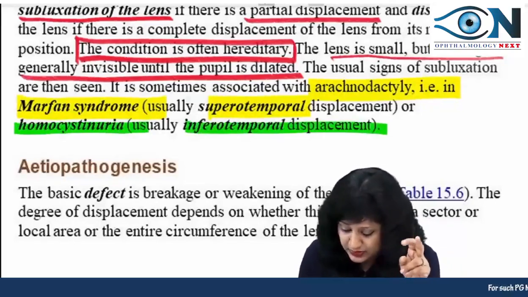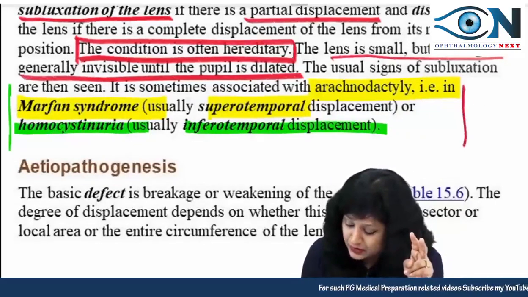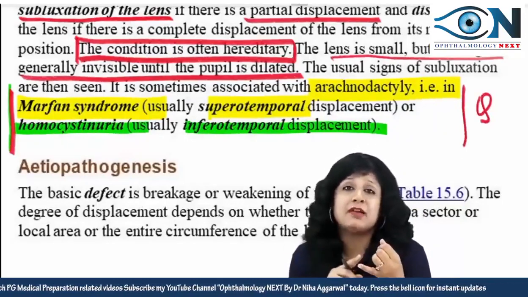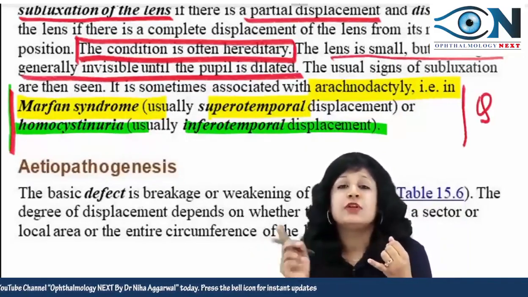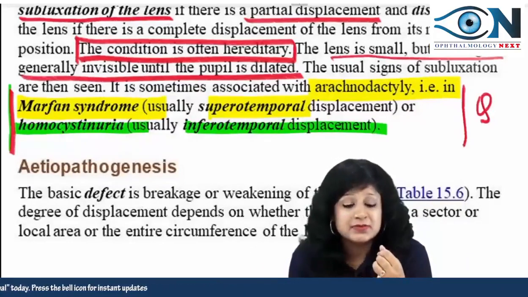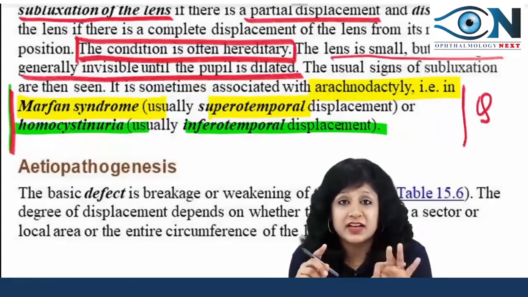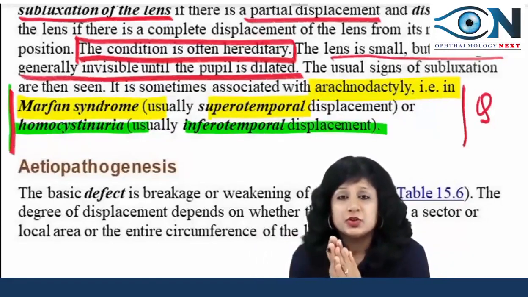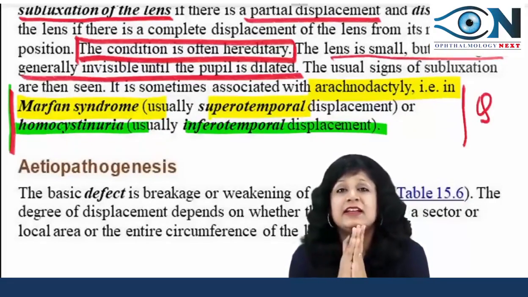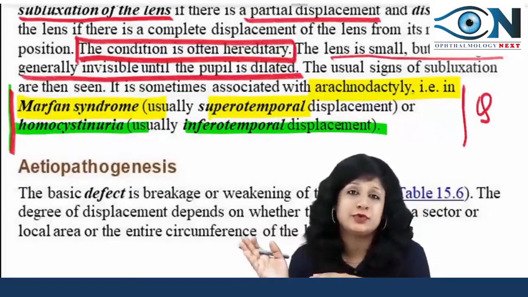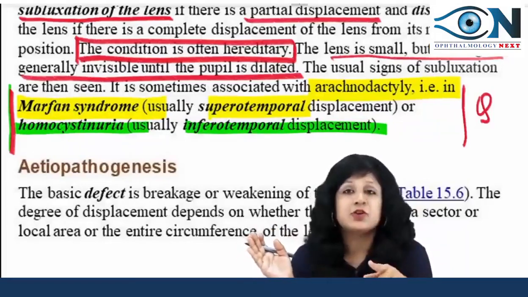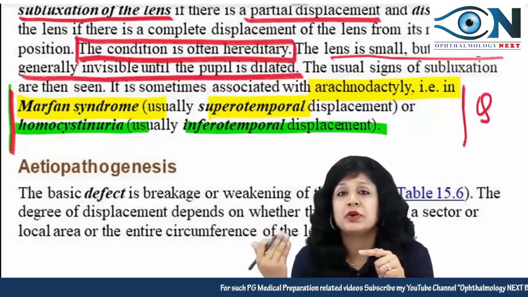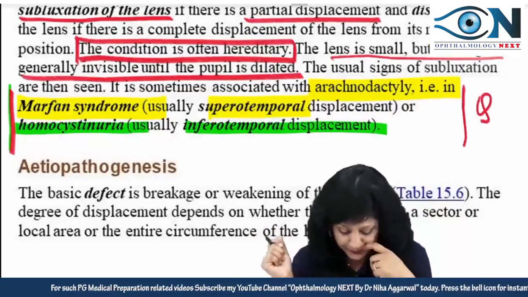while it could also be with the homocystinuria, that is your inferotemporal subluxation. Now here I will say that again we have got the scope of the integrated questions here. You read Marfan syndrome at so many places. So different kinds of symptoms, different kinds of signs along with their genetic inheritance pattern along with the subluxation, all could be asked. So you have to be very, very careful. This is an integrated question where so many of your subjects could be aligned, and same is your homocystinuria. They can ask you the enzyme deficient here in homocystinuria. It could be integrated with biochemistry as well, okay.